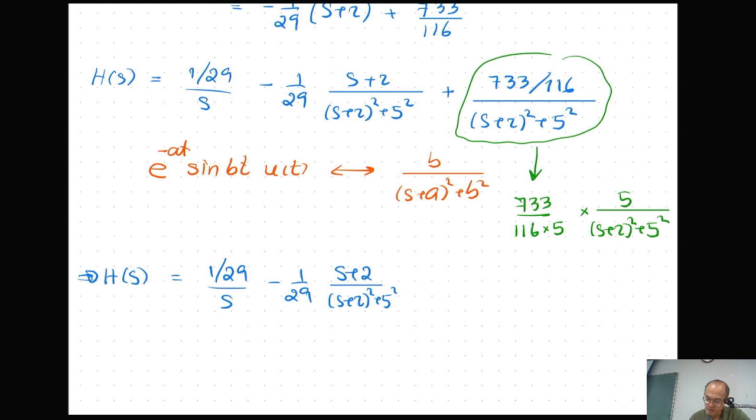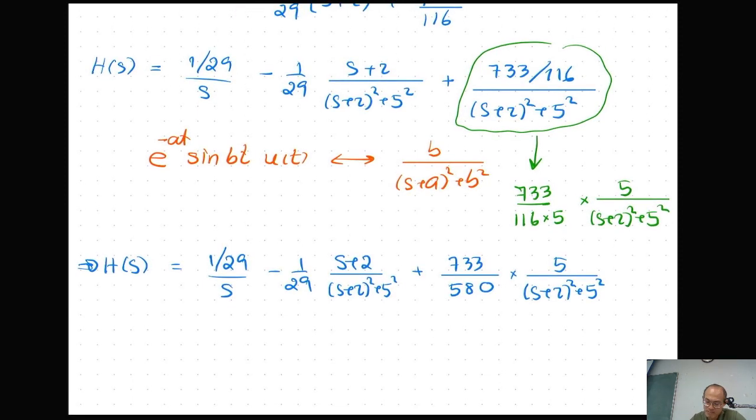And the last term is 733 divided by 580 times 5 over (s plus 2) squared plus 5 squared. Okay? And then the last step would be